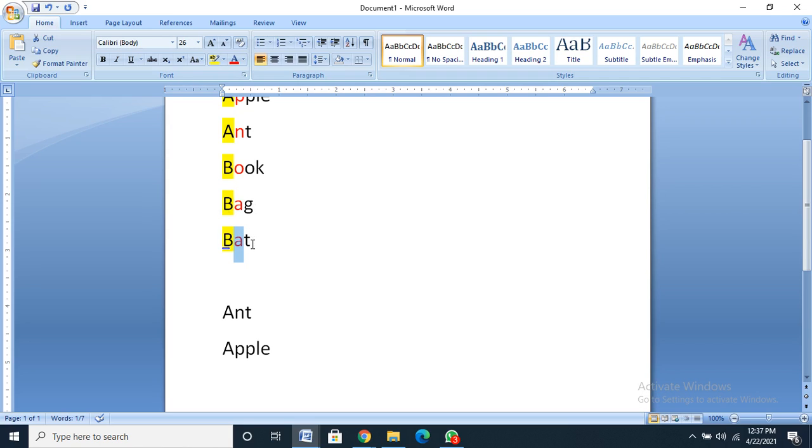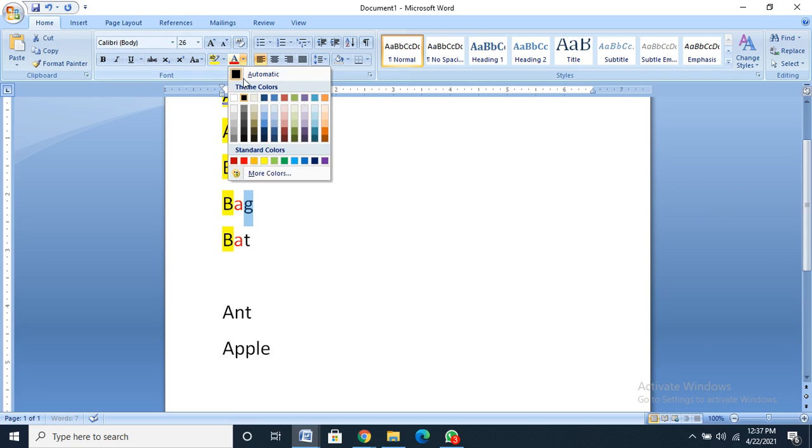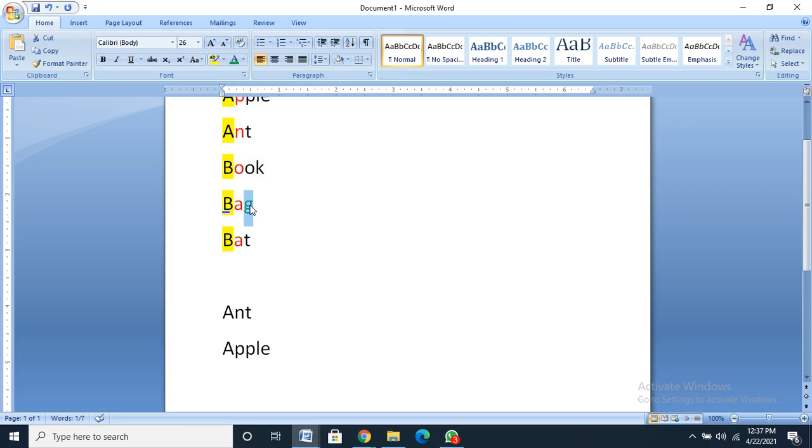Now I have to see whether bat or bag will come first. Now you have to check the third letter. G will come first. So after apple, bag, then bat, then book.